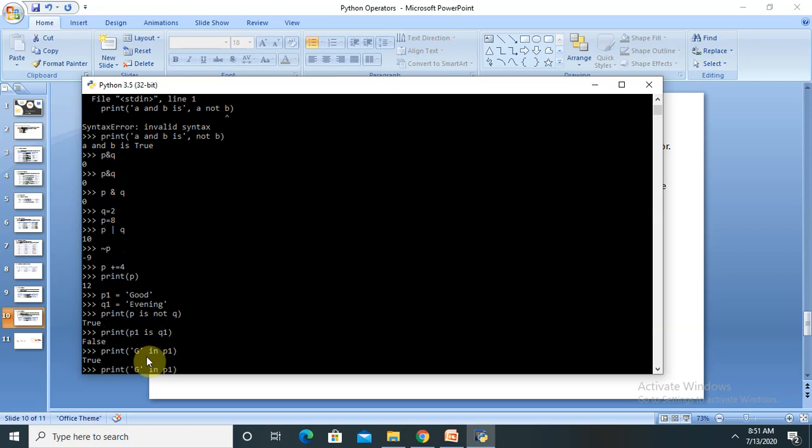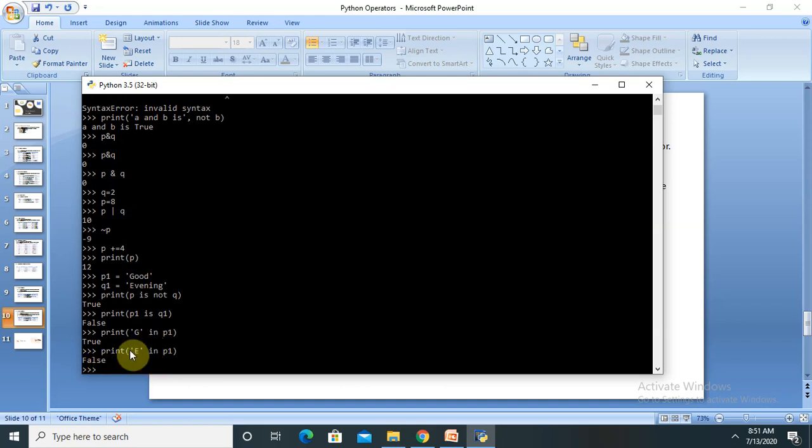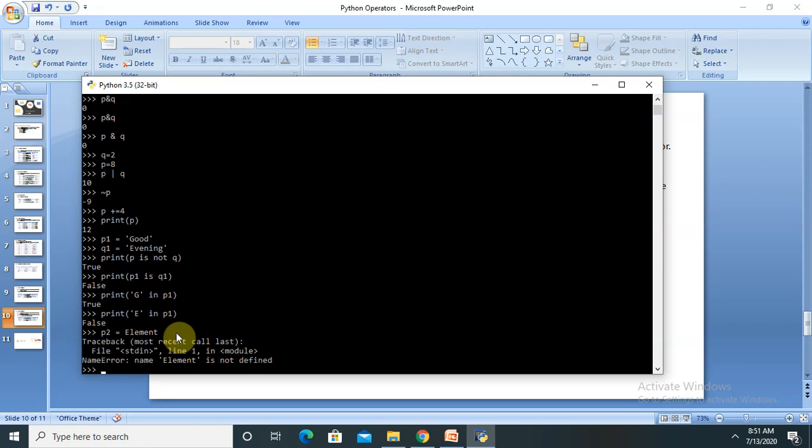If I want to print E in P1, then we will get a false value because E is not present in P1. But if we want to, let me declare P2 with some matching characters like 'element'.